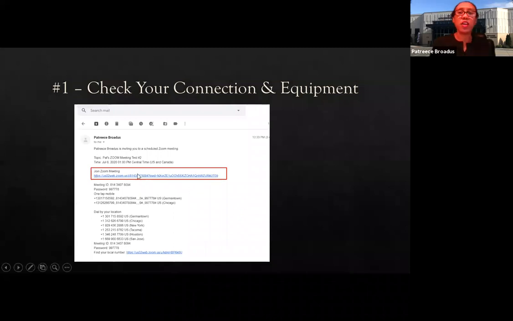But this is what's going to occur, and you are just simply going to click on that. And again, as the person who's being interviewed, as the interviewee, this is all you're going to have to worry about, making certain that you have that strong connection, and then just simply clicking on this link, and that would open up the screen for you. Okay?